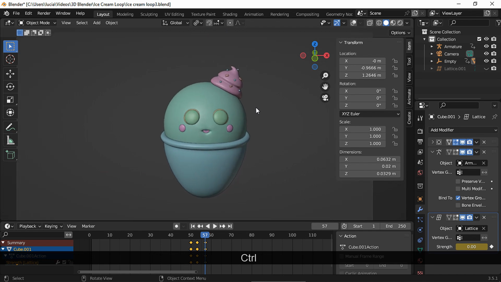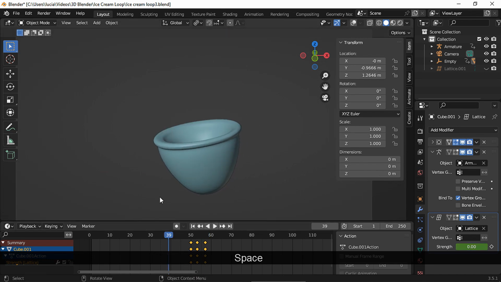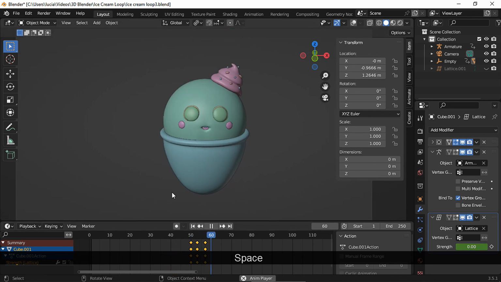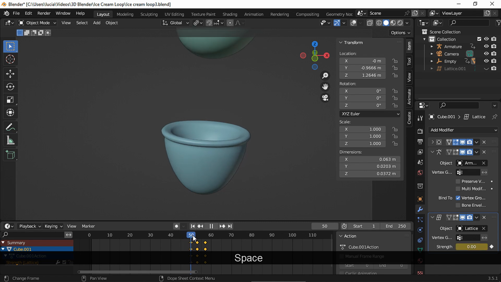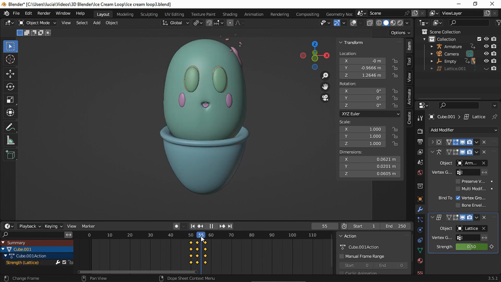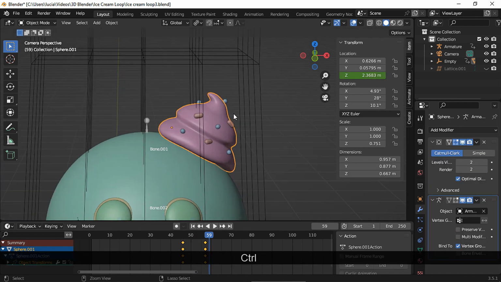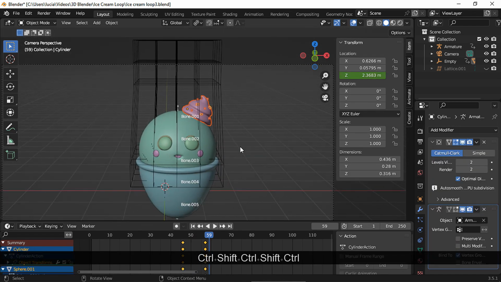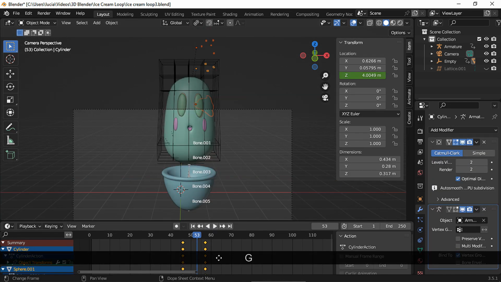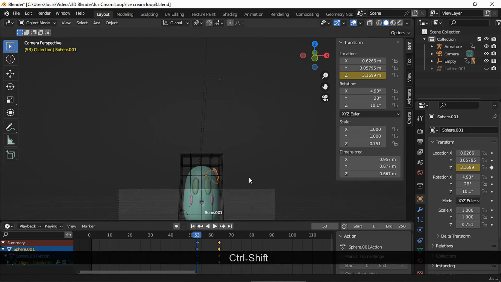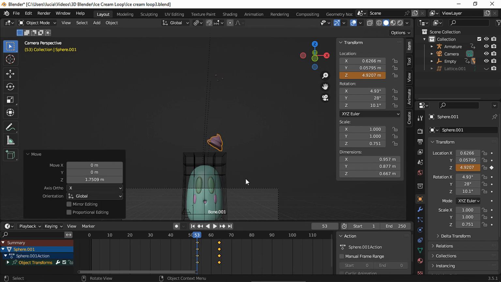Let's take a look. It looks fine, but the cream is being covered, so select these 3 objects and move their keyframes to frame 53. And I'm gonna move the cream a bit and set a keyframe.